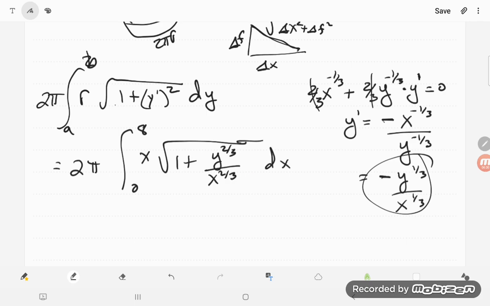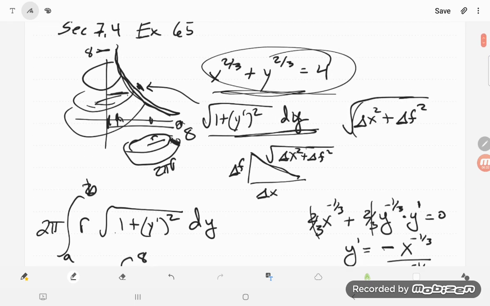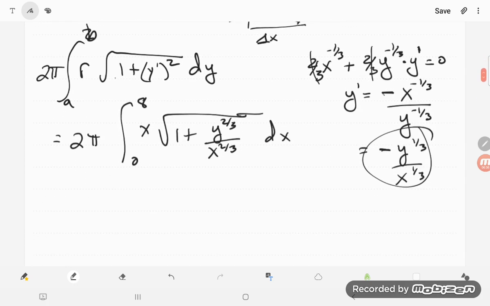And now the beauty of it is I can tell you what y to the 2/3 is. That's just 4 minus x to the 2/3. So 2 pi integral 0 to 8 of x times the square root of 1